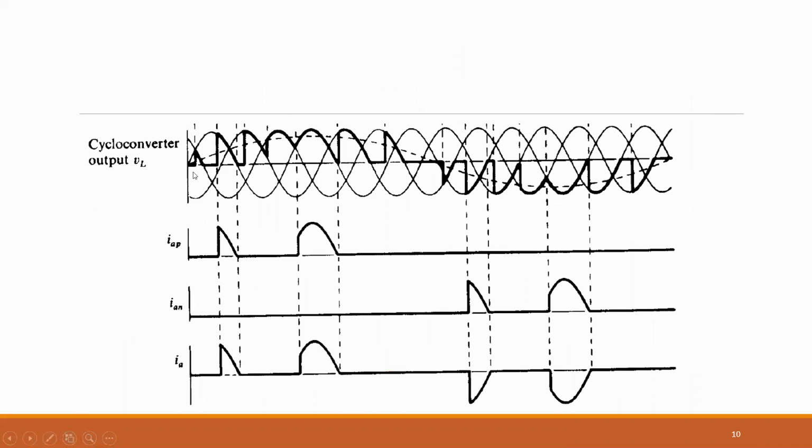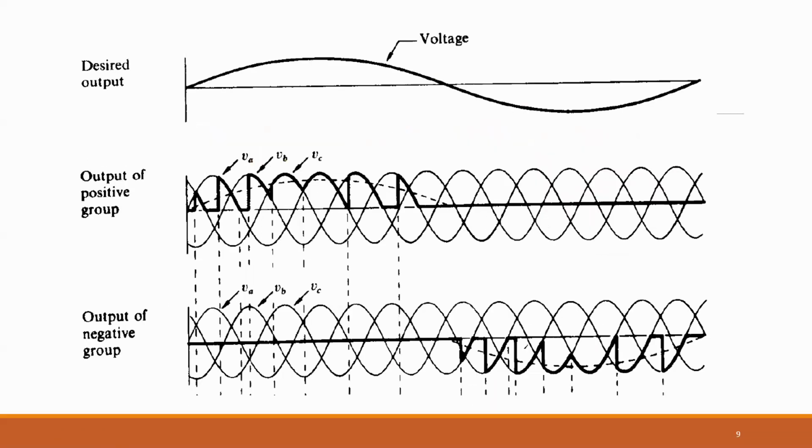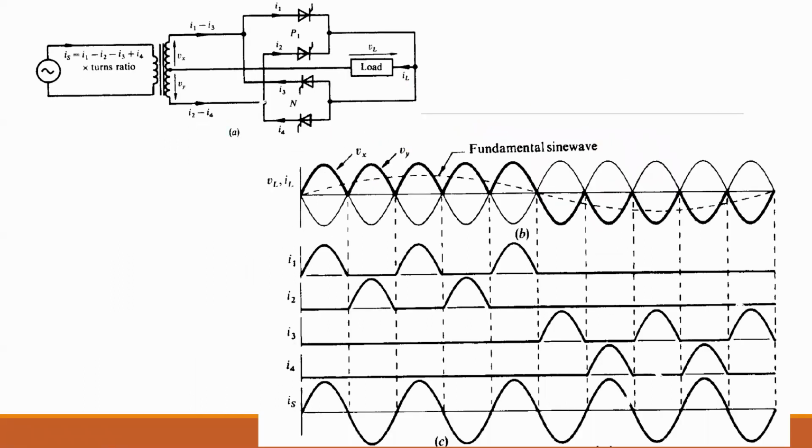If we look at the input frequency, the input was a three-phase power supply with one frequency, but the output frequency has changed to another frequency. So this is how we can convert the frequency. We can step it down through a cycloconverter, and we can step it up through a cycloconverter. So this was all about the cycloconverter, how we can control it.